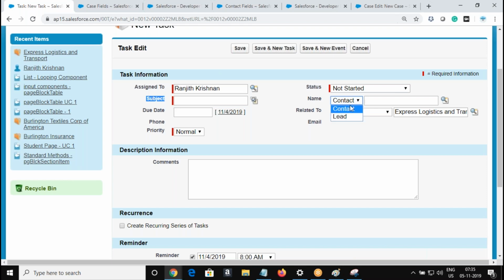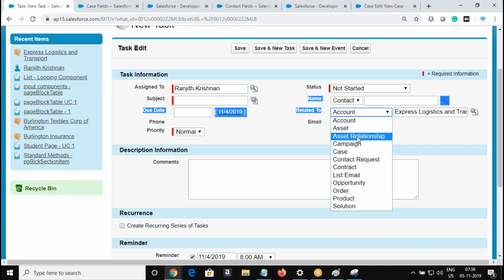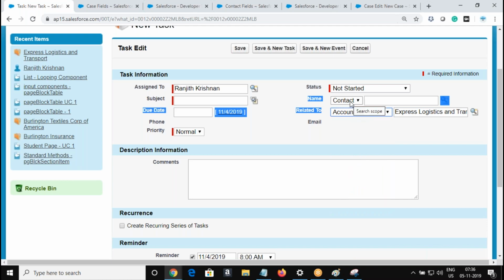And the task can be related to a person, either a contact or lead, and it's related to a company, a customer, and a context belonging to that customer, right? So the related to field is where the task is related to, and the name field can also refer to a person, a contact or lead.